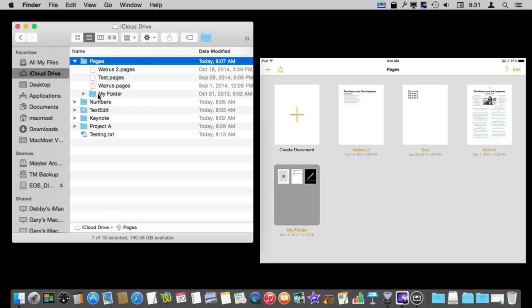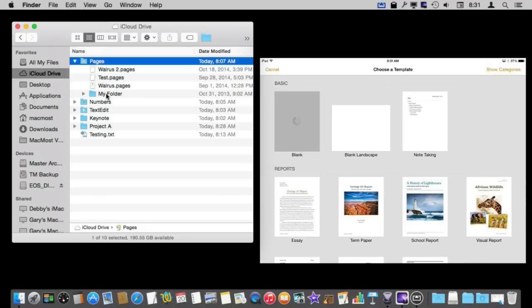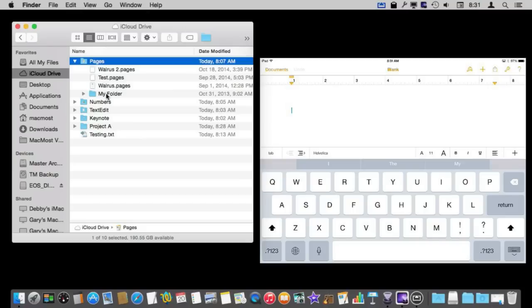So now here you can see my iCloud Drive folder on my Mac, and I'm looking inside the Pages folder here to see what's there. I've got 3 files and a subfolder. And then on the other side of the screen you can see my iPad, and I've got Pages open, and I can see the same documents in there just on the document screen. And if I were to add a new one, you would see it appear copied from one to the other. So let's add one here on the iPad. I'll just create a blank one, put test, and then I will just name it test 2.